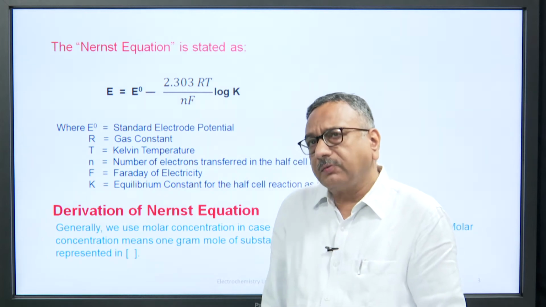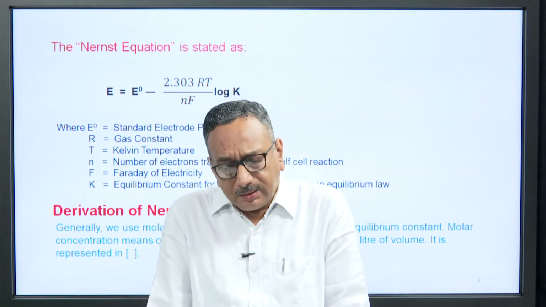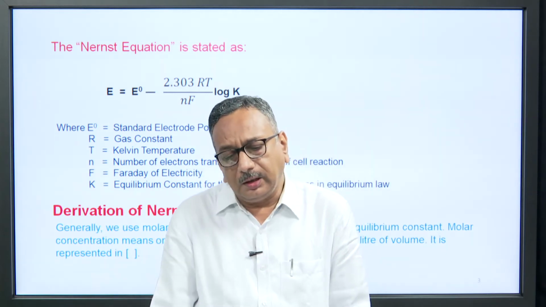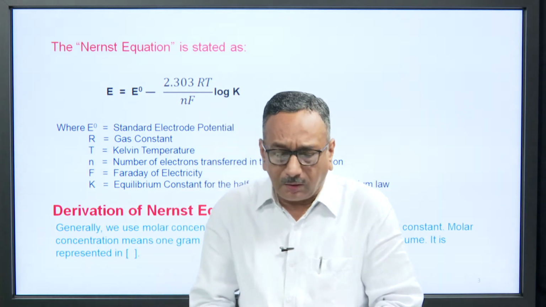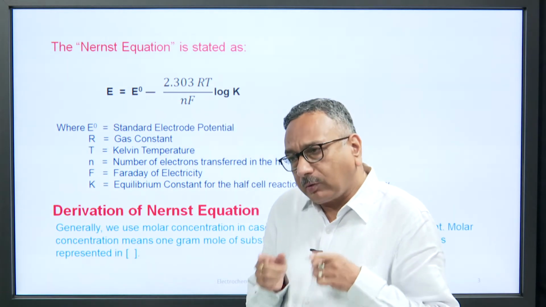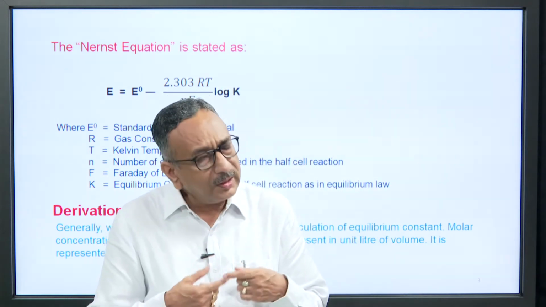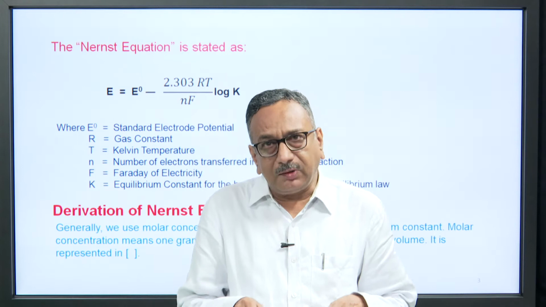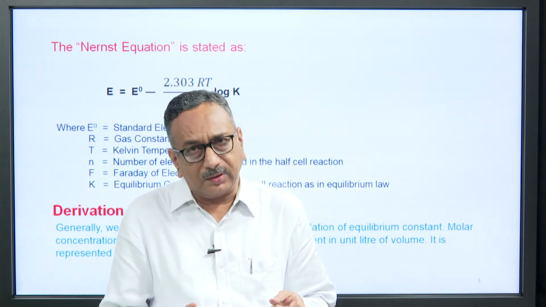This equation is used for the determination of electrode potential and free energy at various temperatures and various pressures. We can also calculate the equilibrium constant of reactants by the use of the concentration of reactants involved. Now its derivation. Generally you can calculate the value of K by the use of molecular concentration, molar concentration or active masses. But here, in the case of electrolytes, we cannot directly use molar concentration or molecular concentration.